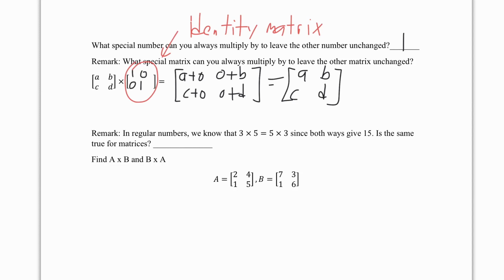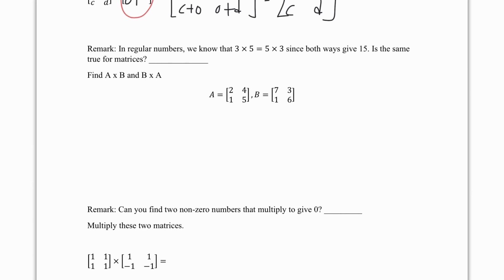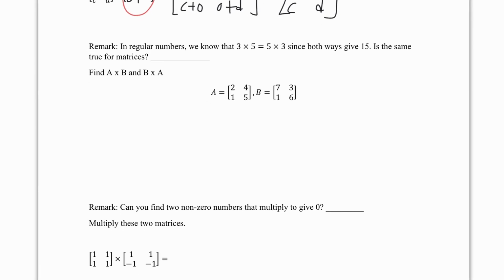But matrices are not exactly the same as numbers, because even though you can multiply and add matrices just like you can multiply and add numbers, there's a special property of numbers that's not true about matrices. In regular numbers, we know that 3 times 5 is equal to 5 times 3 because both ways give 15. But is the same true for matrices? Is A times B equal to B times A? Well, let's go ahead and give it a try. So A times B